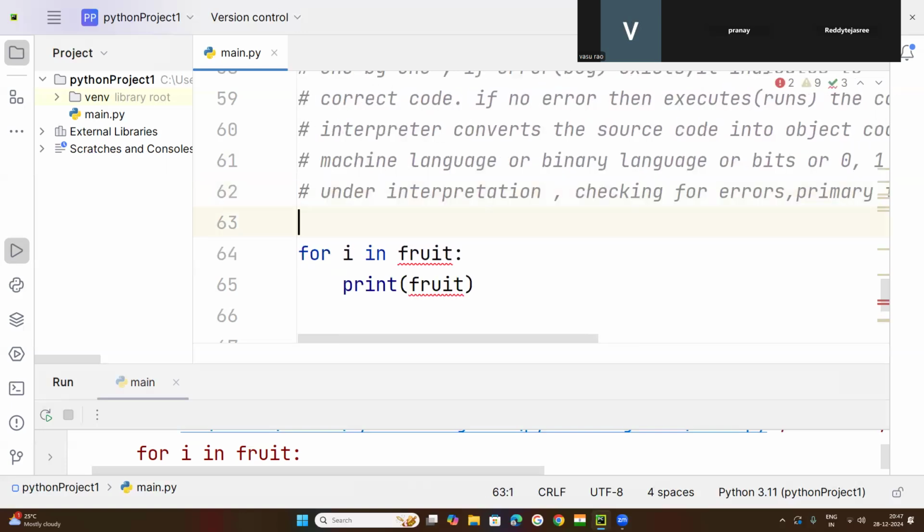Next, what is the next task? Checking for errors line by line. If there is no error,